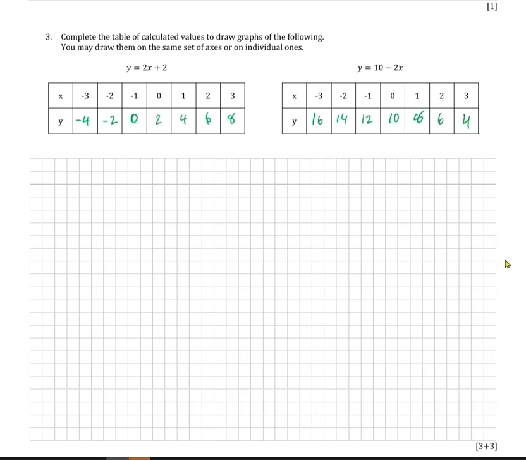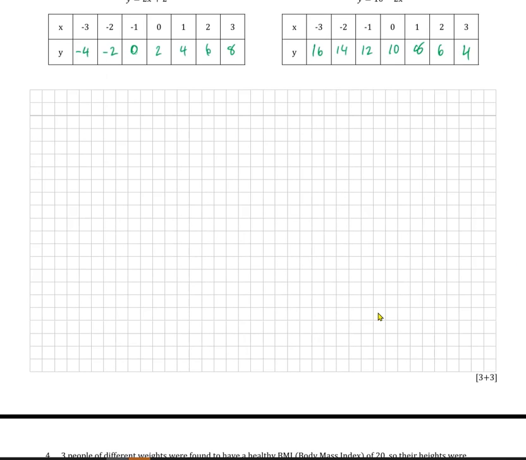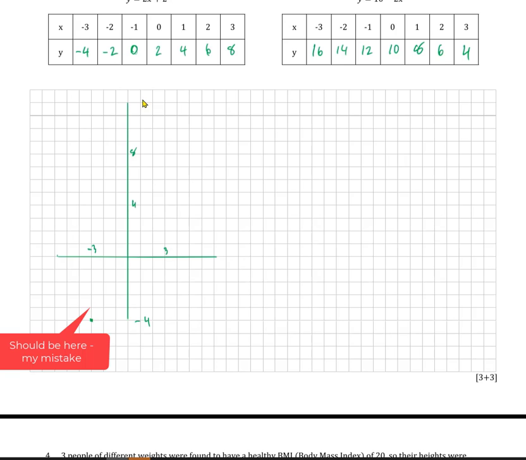Okay, let's do this as a graph. So I'm just going to do mine on 2 separate graphs here. So the first x value here is minus 3, minus 4, so minus 3, minus 4, 1, 2, 3, 4, and we do need to go up to 8, so 1, 2, 3, 4, that's another 8. Okay, minus 3, minus 4 is going to be here, minus 2, minus 2 is going to be here,